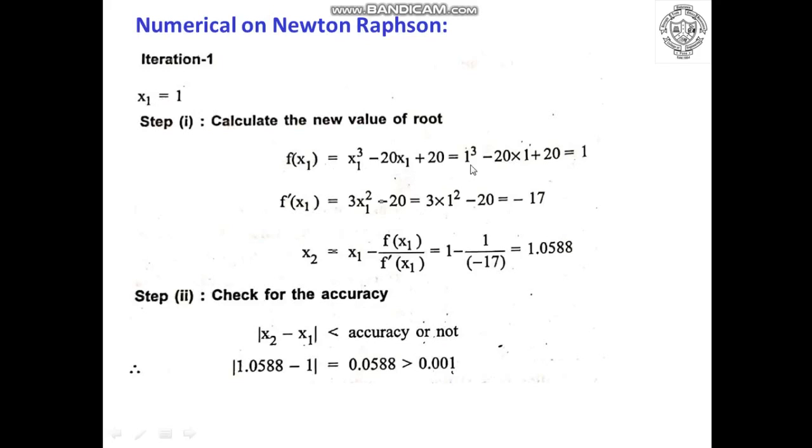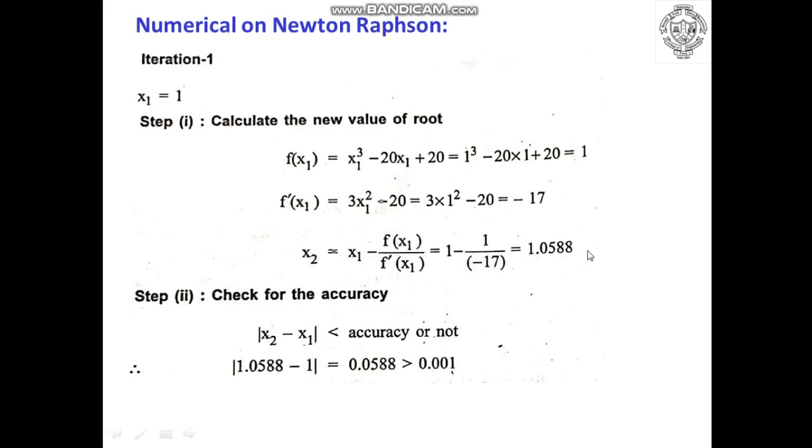I will get 1 cube minus 20 into 1 plus 20, so answer will be 1. Similarly, I can find out f dash of x1, which is 3 into 1 square minus 20 is equal to minus 17. Now since I got value of x1, f of x1 and f dash of x1, I can find out value of x2. So I'll put all these three values in the formula for x2. I'll get answer as